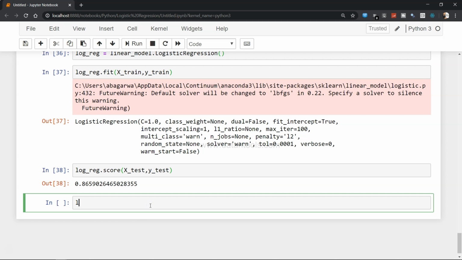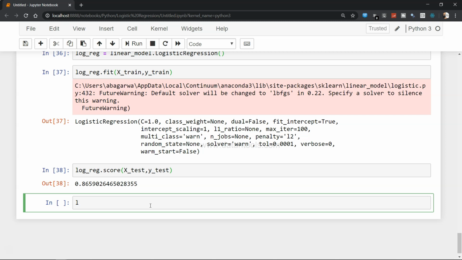These 2 different methods, L1 and L2, are also called regularization methods, and probably you may need to read about it because that requires an altogether different presentation or tutorial. So right now I am just going ahead and directly using L1, but I'll post one video where I will talk about the L1 and L2 regularization techniques if you do not already know.